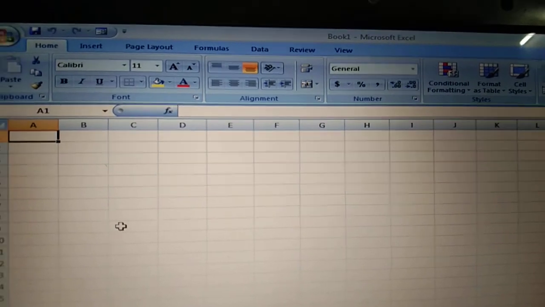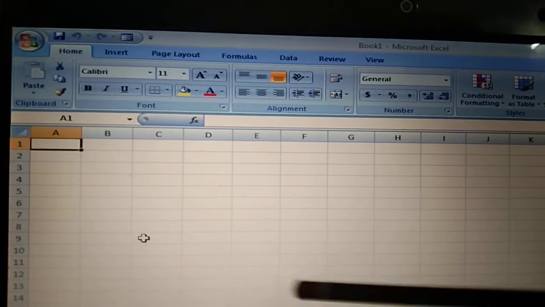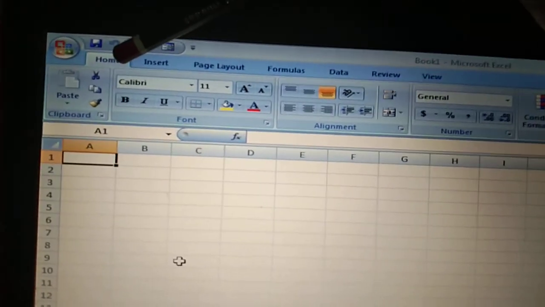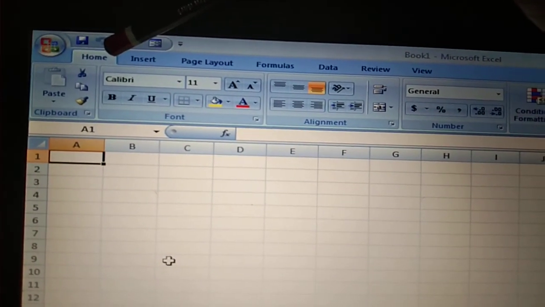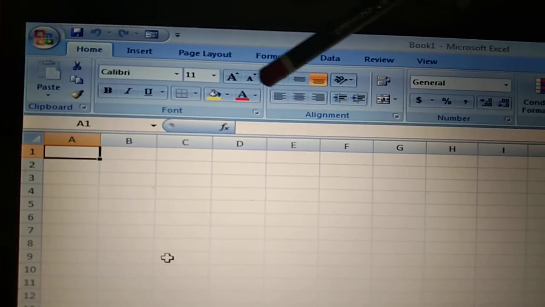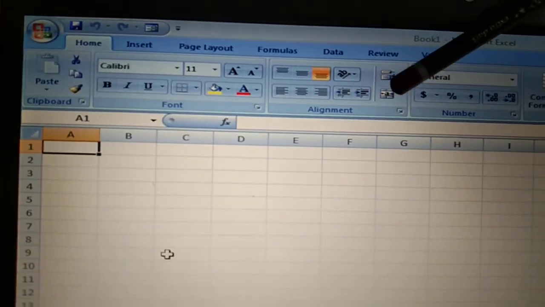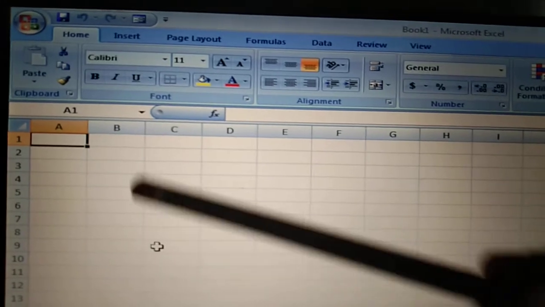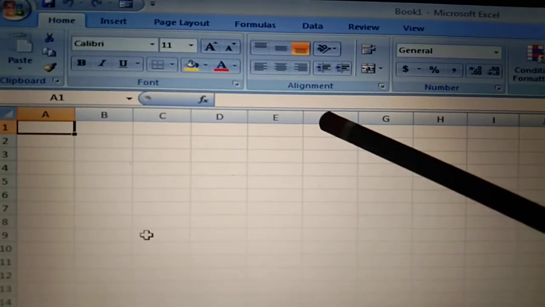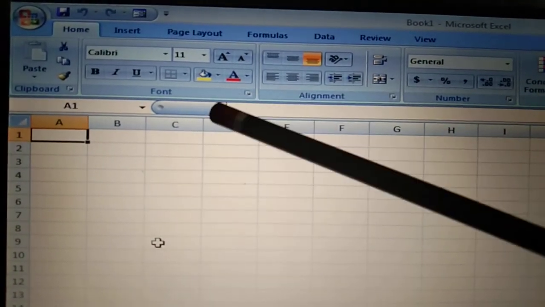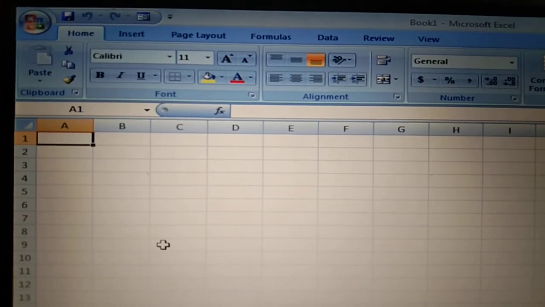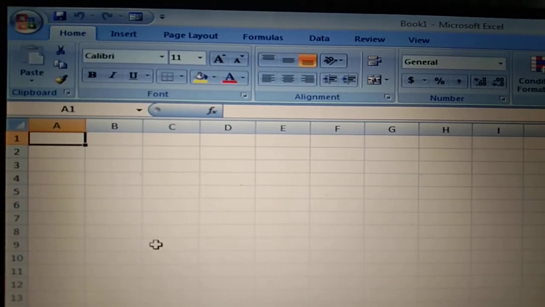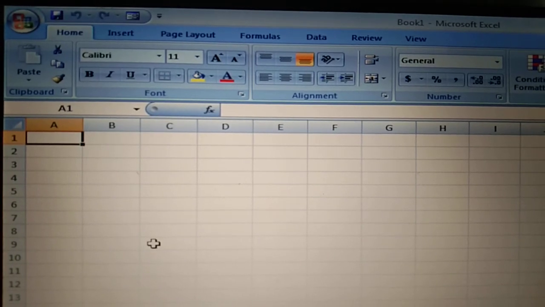Various formatting effects are available. This is the Home icon. Here in the Home tab, various features and components of formatting are available, like font, alignment, number, change in text color, paragraph settings, etc. These are the common formatting tools.